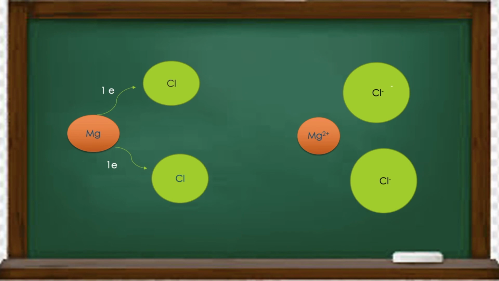Now notice the size of the atom, students. Before that, magnesium size is larger. After donating electrons, its size reduces. That means whenever an atom loses its electron, it becomes a cation. So the size of the cation is lesser than the original atom. Now notice the size of the chlorine atom. Its size increased, right? So whenever an atom accepts electrons, size increases. Here I am concluding that the size of a cation is smaller than the original atom and the size of an anion is larger than the original atom. This is how atoms with different valencies combine with each other to form compounds.